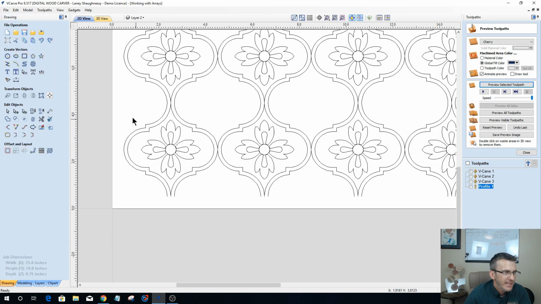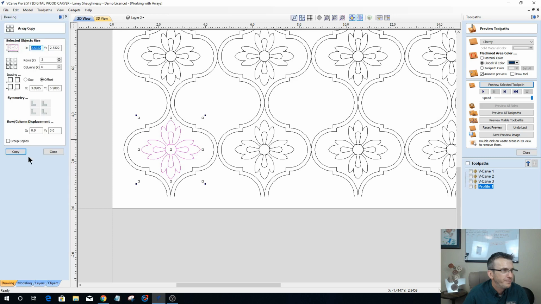So that means if I take my flower, let's ungroup this, and go into my grid array on that flower, and put in the measurements of my offset distance, which is going to be pretty much the size of my flower,